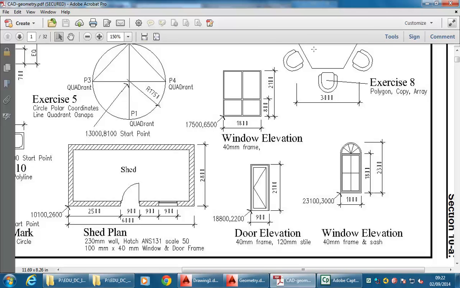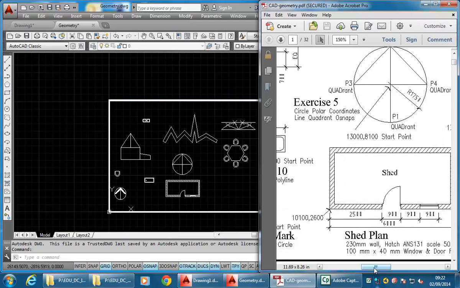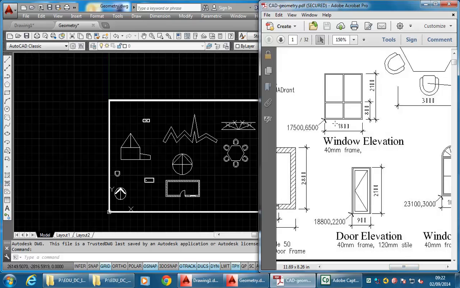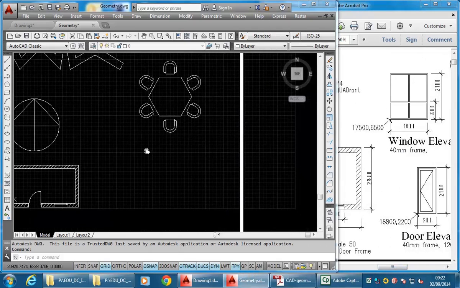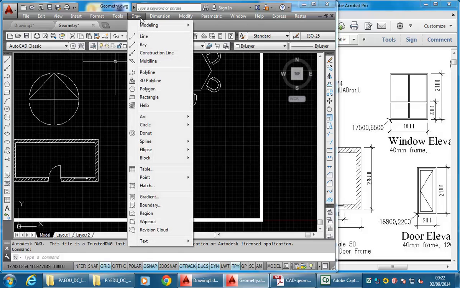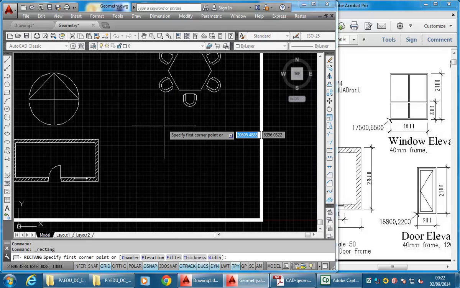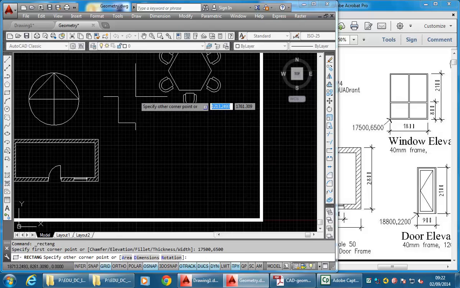So I'll start with the one that's up and to the right there, or up and to the left of those elevations, the window elevation there. So again, drawing a rectangle to begin that, you can type in the coordinates 17,500, 6,500, enter, and then for the size of the rectangle, I'm going to type in 1800, 2100,